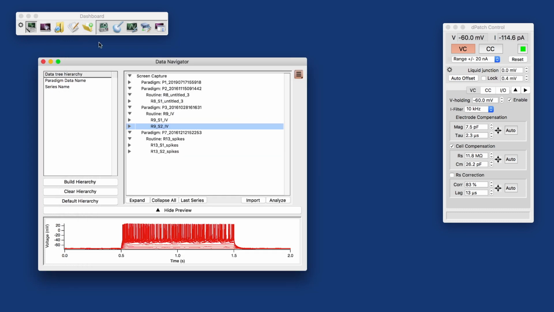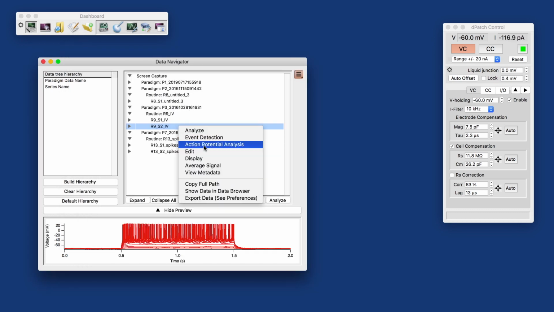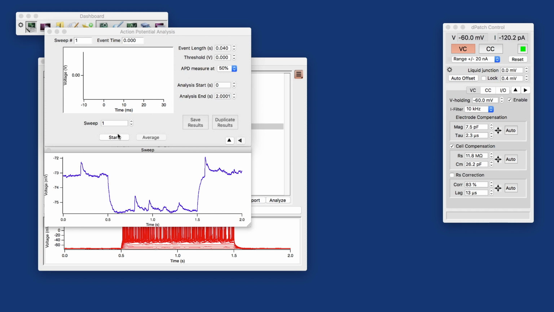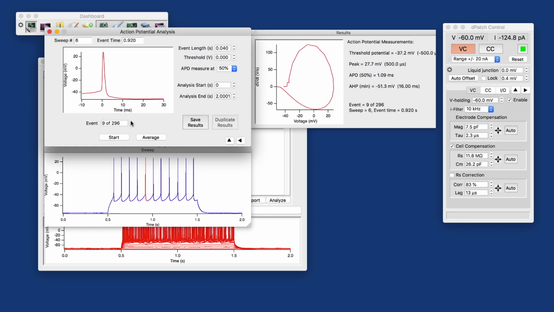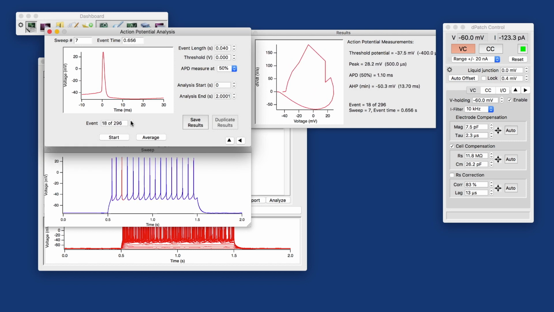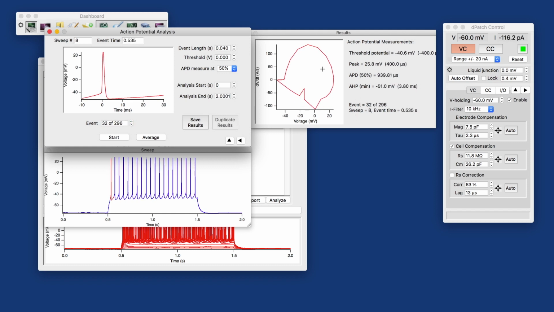and then we'll just close that, and I'll do a right click and go action potential analysis, and I'm running the same action potential analysis here, except now I'm running it on elicited action potentials, which means I expect changes in the phase plane plot between individual action potentials, particularly the first one in a sweep. Like this one, I expect to be very different from the consecutive ones, and then the consecutive ones are more similar. And averaging in this case obviously doesn't make any sense.